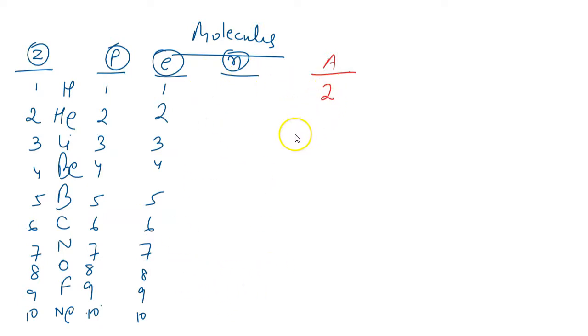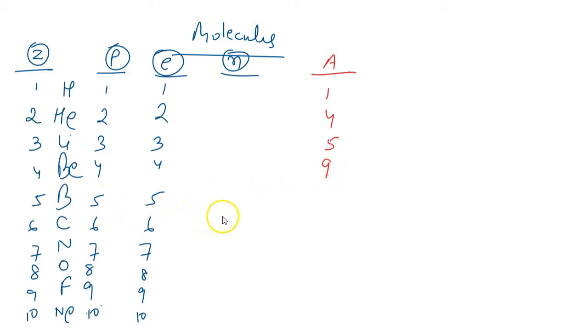Hydrogen 2, helium 4, lithium 5, beryllium. So hydrogen, I'm not talking about the molecule, I'm just talking about the atom. So it will be 1. Helium 4, lithium 5, beryllium you will find the atomic number to be 9, approximately, I am writing.